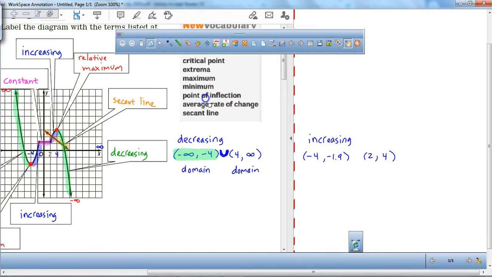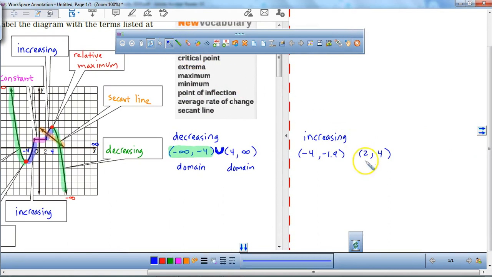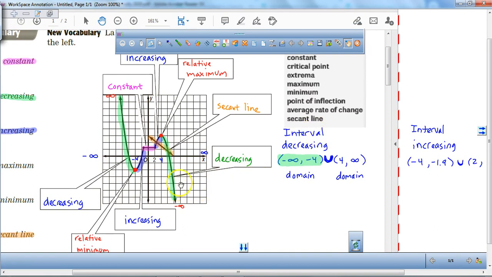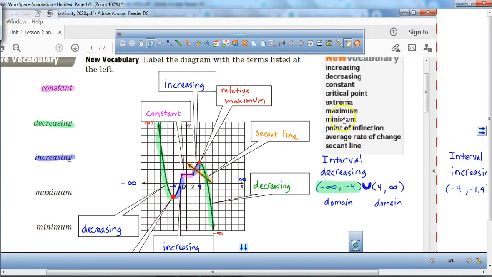And then over here, where it says increasing, I got to do that same thing. I got to put the union symbol. So this is right here. This is called the interval which it's increasing. So I'm going to put interval. That's the interval which it's increasing. And this is an interval where it's decreasing. And there you have it. All right, so you get interval increasing and interval decreasing, interval increasing. There you go. All right, so what we're going to do is we're going to talk about some like maximum,